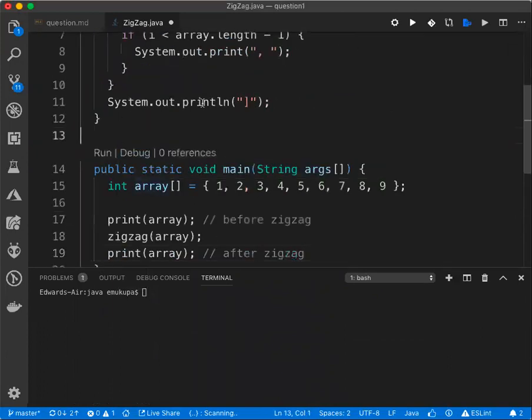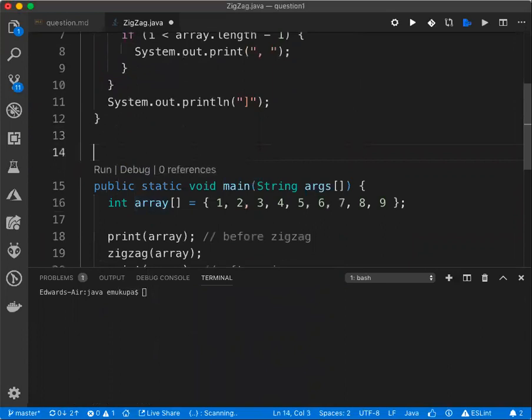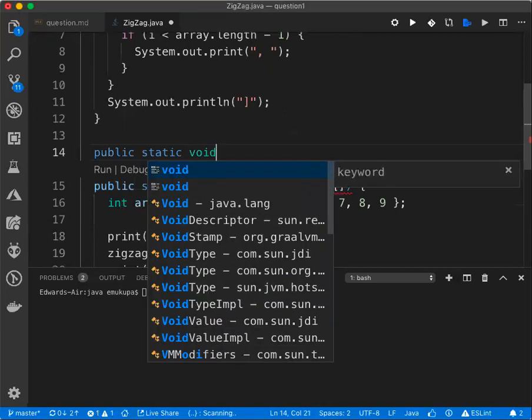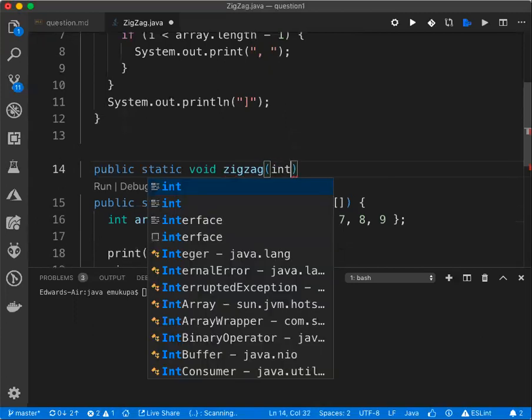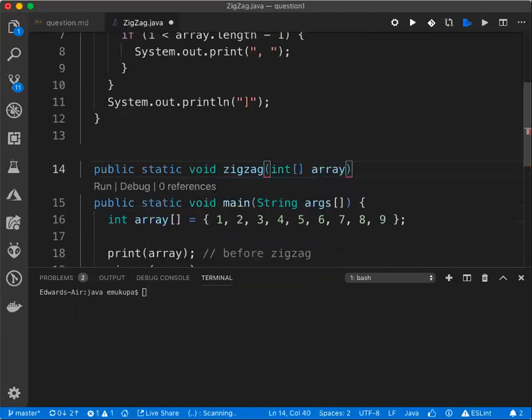called zigzag. It's also going to be a public static method which returns nothing. It's just going to zigzag the array. It's going to receive an array,